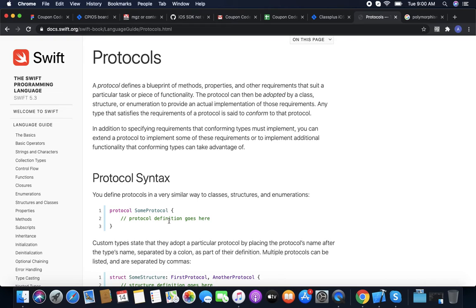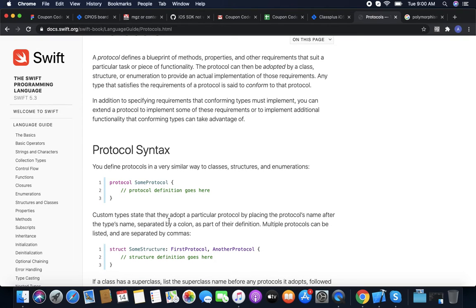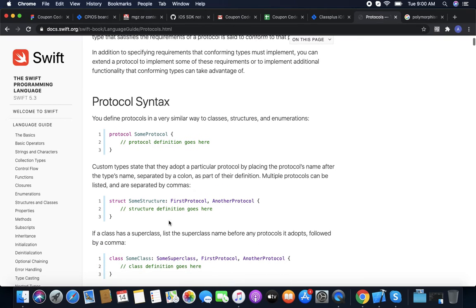As mentioned, a protocol defines a blueprint of methods, properties, and other requirements that suit a particular task or piece of functionality. The protocol can be adopted by a class, structure, or enumeration to provide the actual implementation of those requirements. Any type that satisfies the requirement of a protocol is said to conform to the protocol.